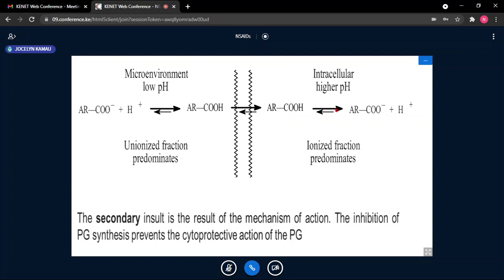And once you have the anionized drug within the mucosal cell, there will be more ionization of it, because the intracellular pH is a little bit higher. It's about 7.4. The pH of the stomach is between 1 and 2. So that will now allow the drug to undergo ionization. So the ionized fraction predominates. And because it cannot penetrate, since only the anionized drug penetrates the membrane properly, that will be responsible for change of the permeability and, of course, damage of the cells.